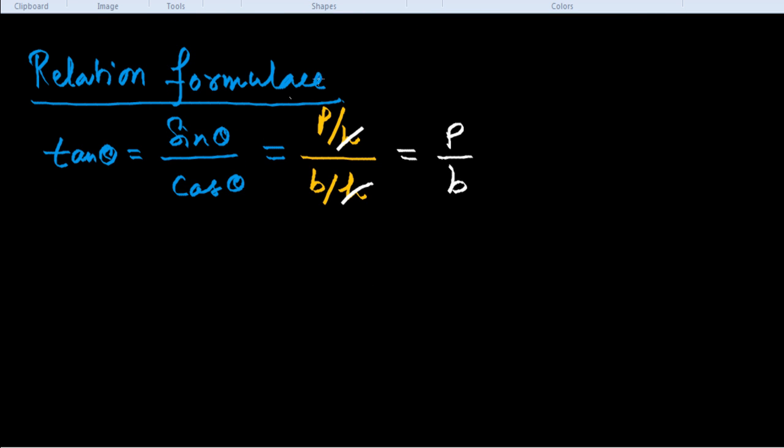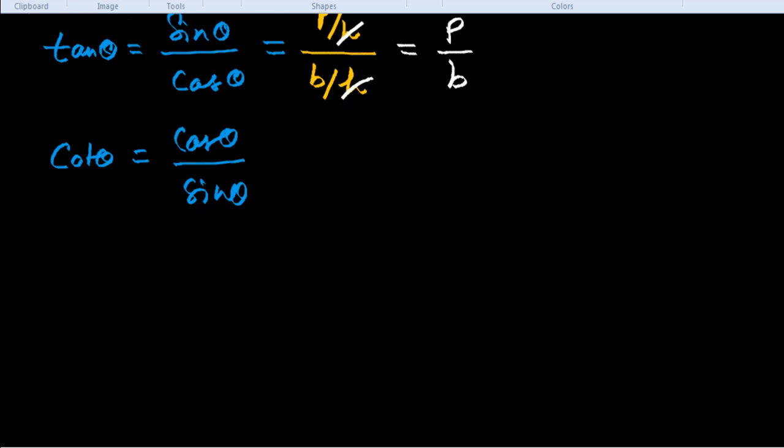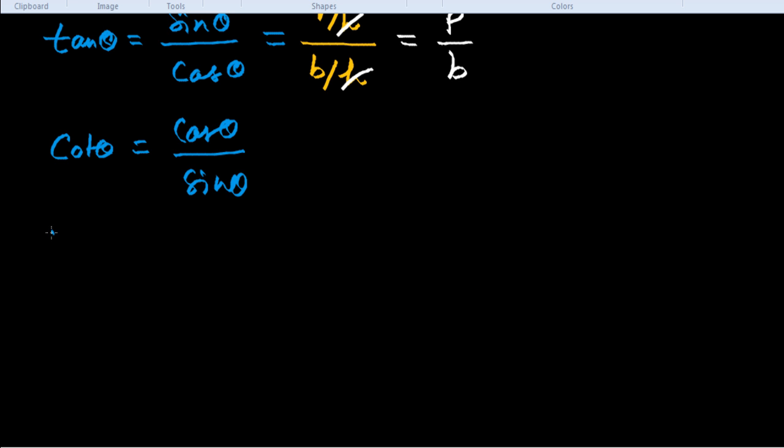So we can make another relation here. Cot theta is the reciprocal of tan theta, so we have to just interchange the denominator and numerator, so we will get here cos theta over sine theta. Now we have two more of these. Tan theta is equal to sec theta over cosec theta. So I explain to you how to get this,